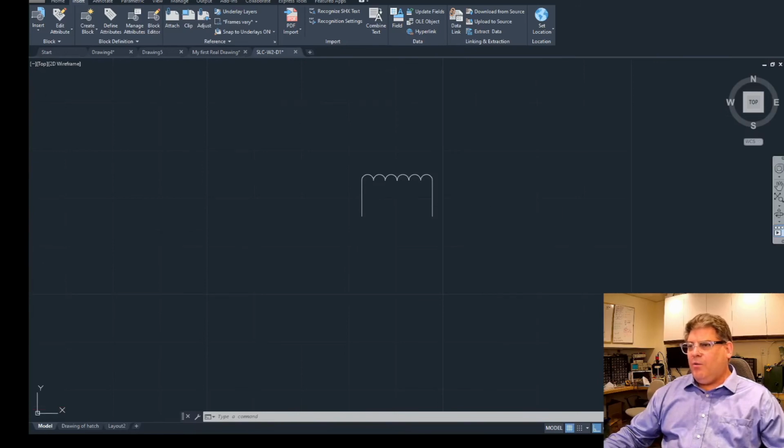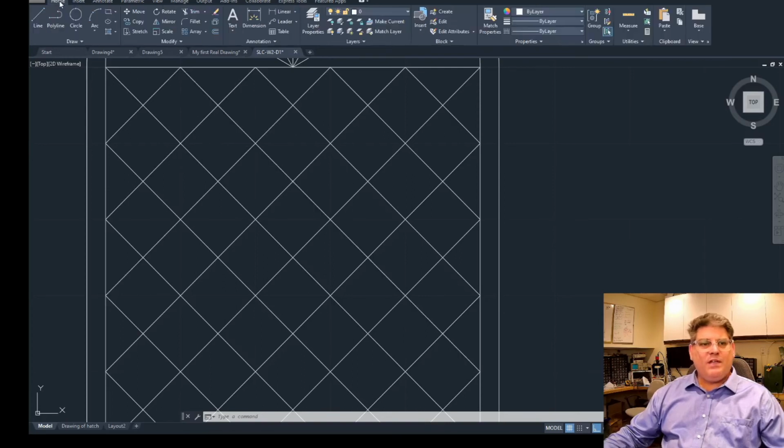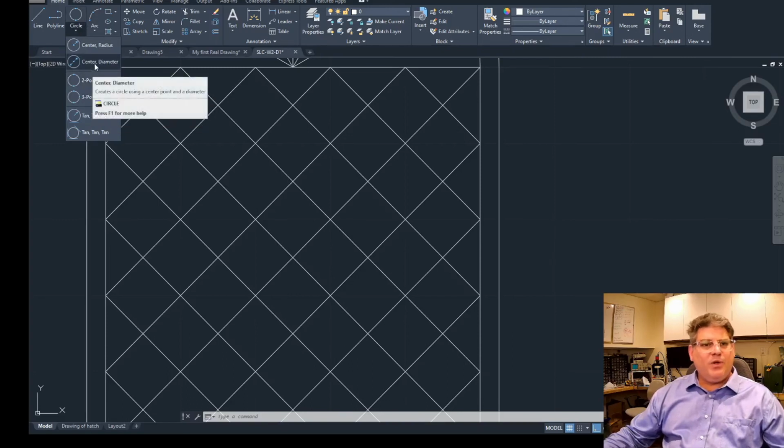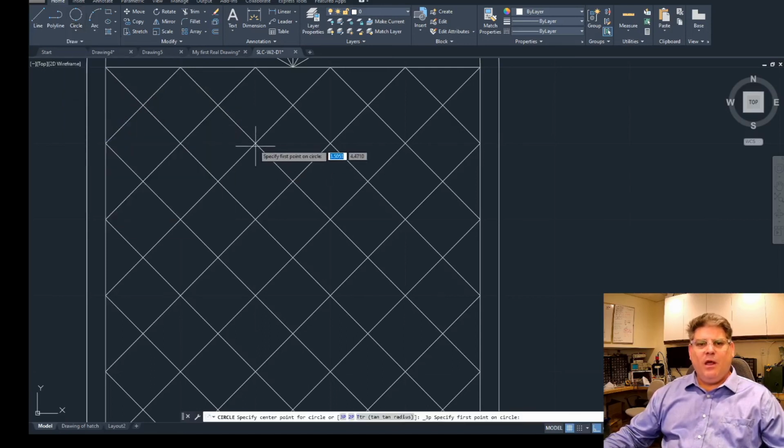All right. Why don't we next take a look at some other features for creating some geometry? For example, if I wanted to create a circle, we talked about using 2-point. Last week we talked about center and radius. There's another one here that I find very useful, and that is 3 points. In this case, when we pick 3 points,